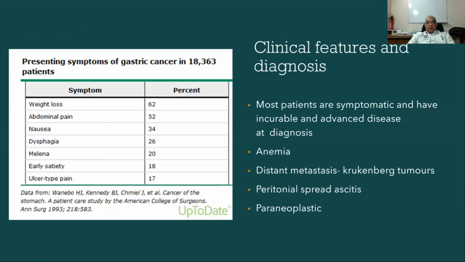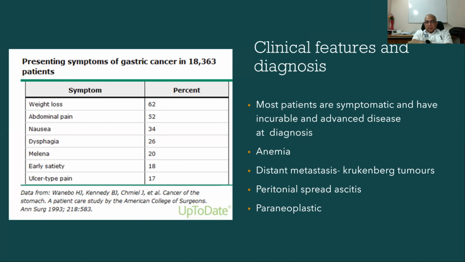What are some of the clinical features? On the left on my slide, you can see a study that was done in the US, reported in the Annals of Surgery 1993, which shows that the most common symptom that most people presented with was weight loss. And that's no surprise, given the fact that the stomach is the main place where any food that you take goes in. Abdominal pain was seen in about half the number of people. Nausea, dysphagia, melena, early satiety, and an ulcer type pain are the other common